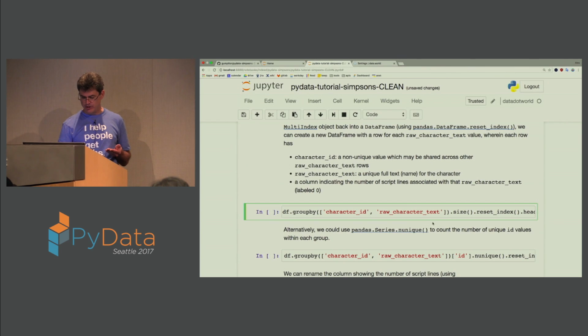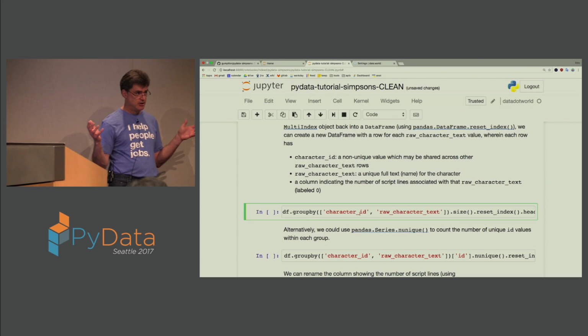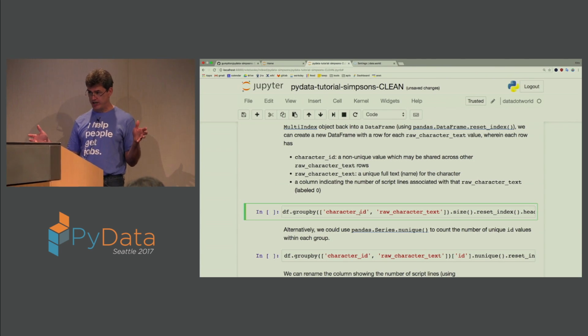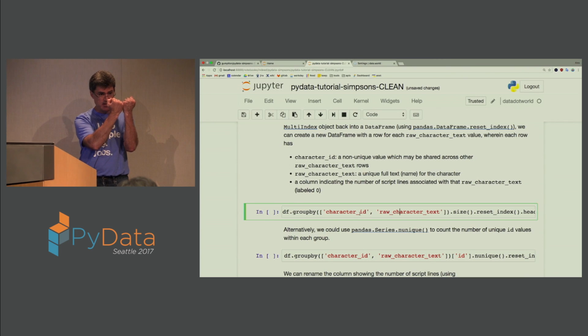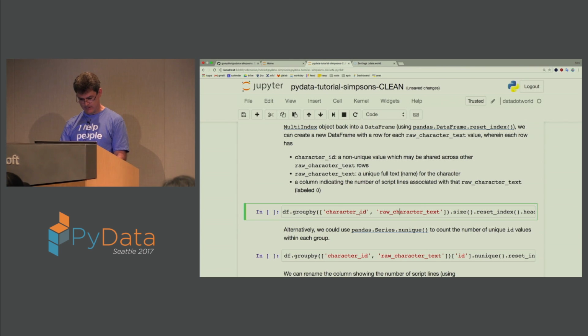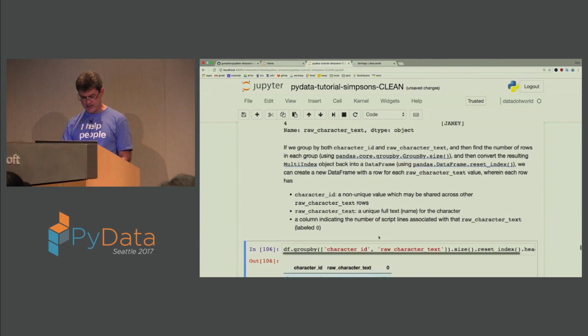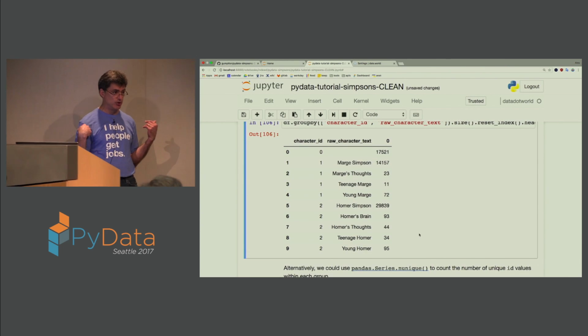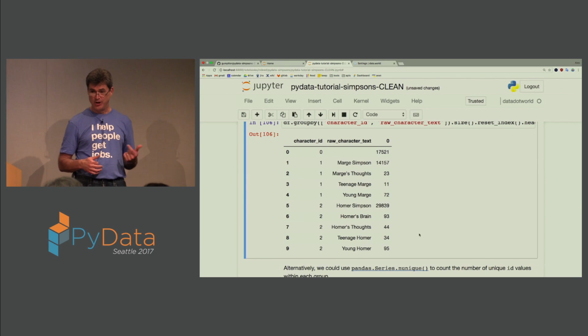Okay. And the way we're going to do that is we're going to group by, in this case, two things. We're going to first group by character ID, and then secondarily by raw character text. So now each group will share a single ID and a single text. We'll have more groups than we would if we only grouped by ID. Okay. And so what you see there is we get the rows that we're looking for, including the null character, essentially